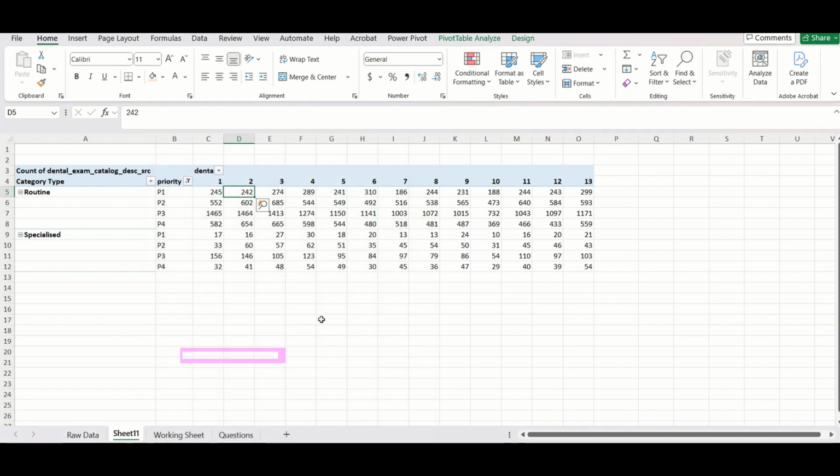So this way your column width will stay as it is. So this was our number of orders. So we are done with number of orders. Now we have to calculate 50th percentile. For that, I will just try to copy